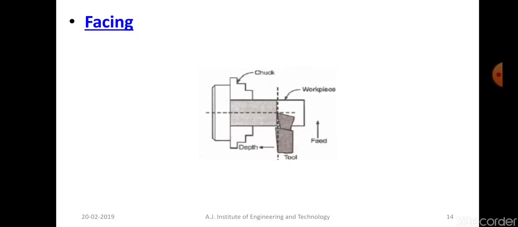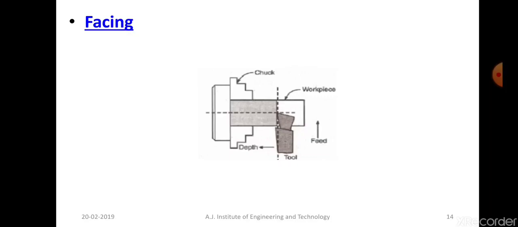As I told you, in the case of turning operation, the workpiece will be rotating and we feed the tool against the workpiece, and then the material will be removed. The tool is made to move from right to left or left to right, so that uniform reduction in diameter takes place throughout.